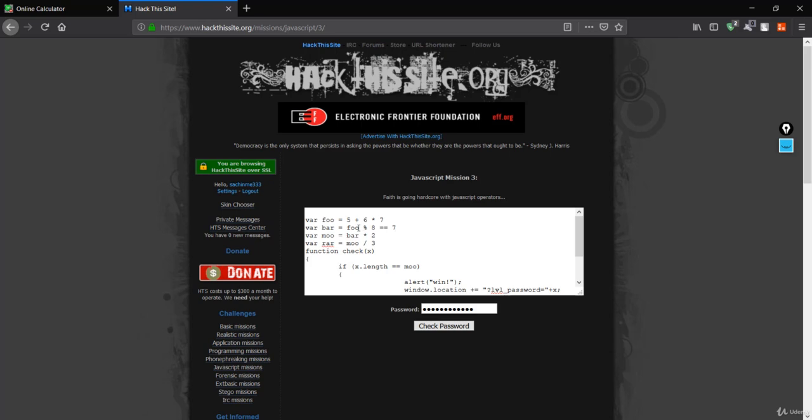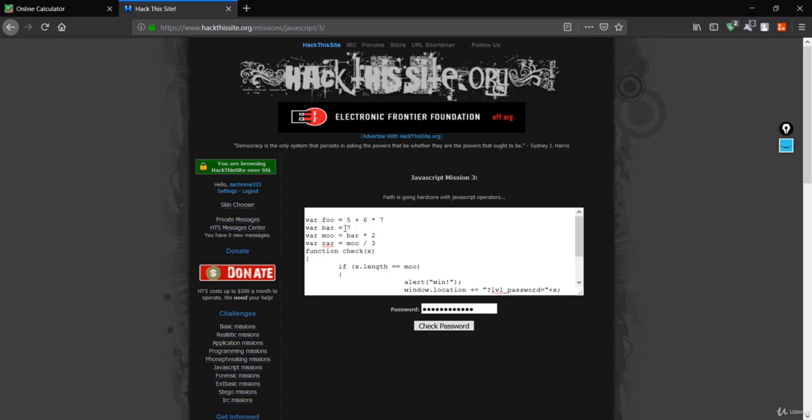So 47 modulo 8 would give you 7. 47 divided by 8 would give you something like 5, which is basically not the remainder. The remainder would be 7, and we store this 7 in bar.